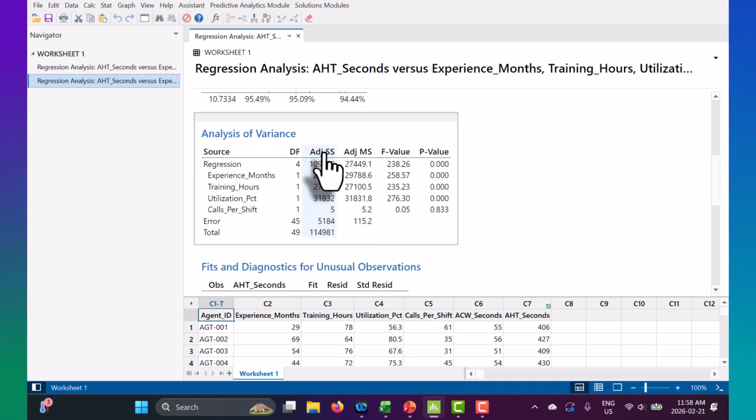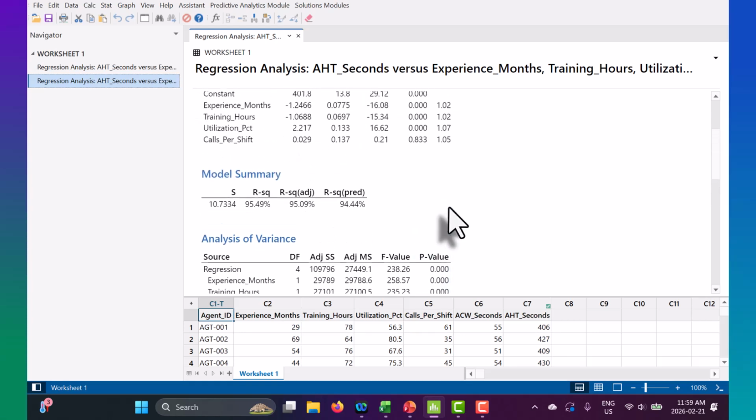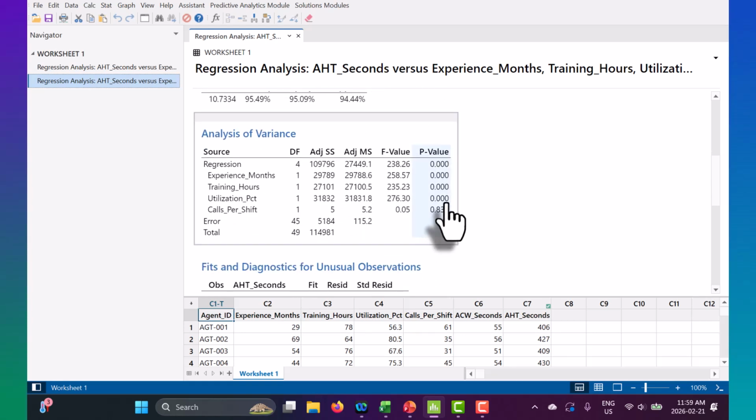It's got degrees of freedom, adjusted sum of squares, mean square, and whatnot. It's got the F value, but again, as Lean Six Sigma practitioners, we are going to focus on the p-values, and the result is the same as in the coefficients table above. Effectively, it's confirming the same thing: that experience in months, training hours, and utilization are significant drivers of AHT. Calls per shift is